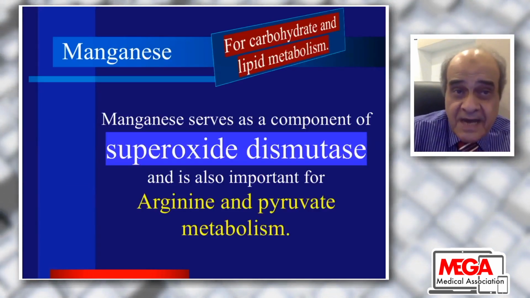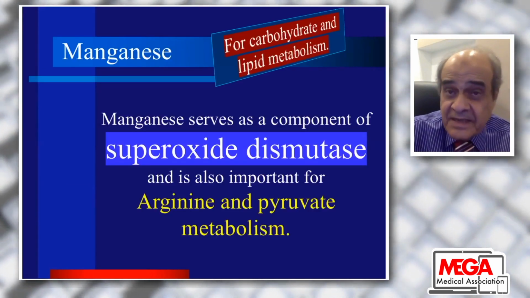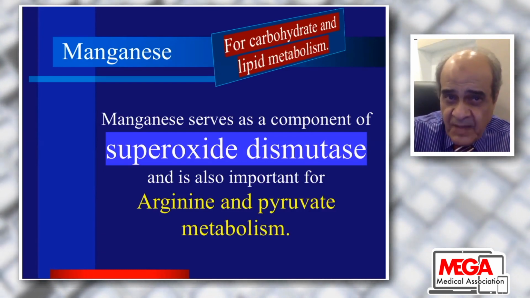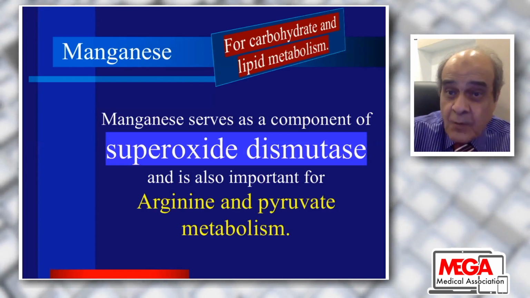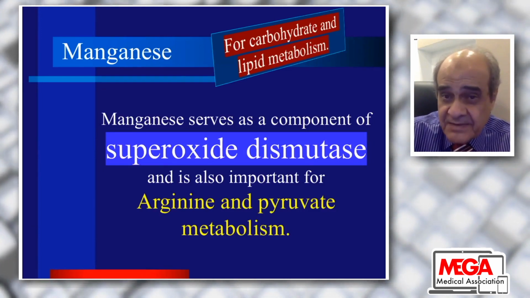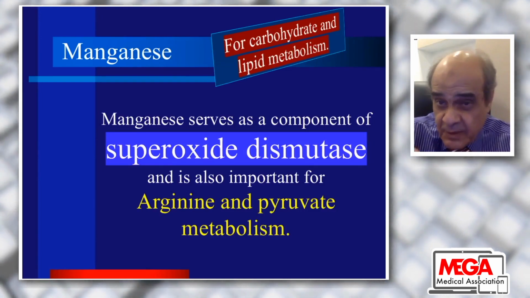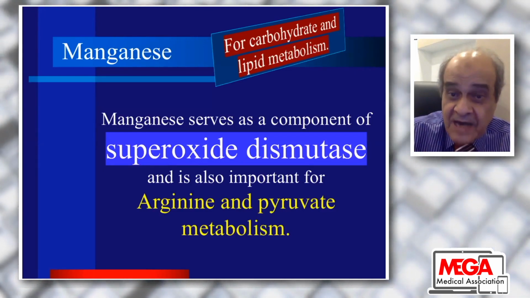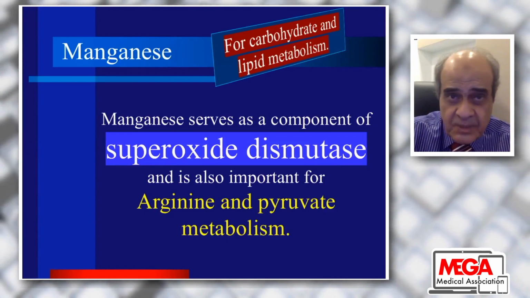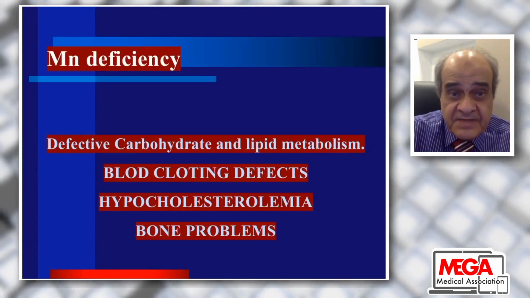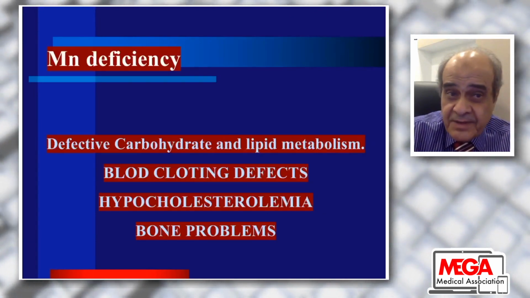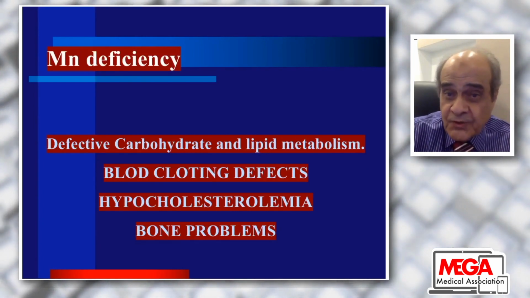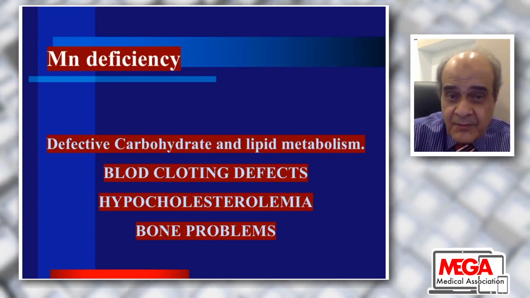The other trace element, manganese, is important in carbohydrate and lipid metabolism, and manganese serves as a component of superoxide dismutase. Superoxide dismutase is one of the antioxidant enzymes, and manganese is also important for arginine and pyruvate metabolism. Manganese deficiency leads to defective carbohydrate and lipid metabolism, blood clotting defects, hypocholesterolemia,